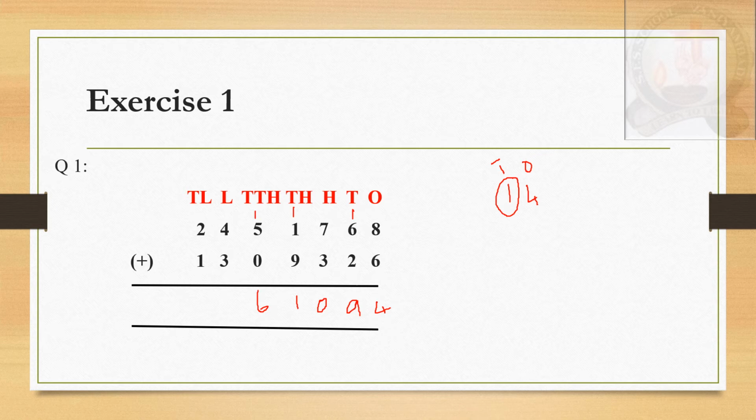Okay, now 3 plus 4 is 7. 2 plus 1 is 3. So the answer is 37 lakh 61,094, children. Next question is,